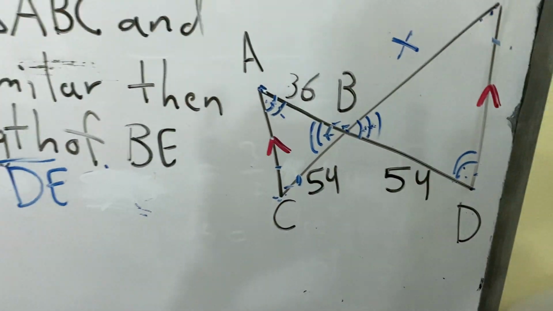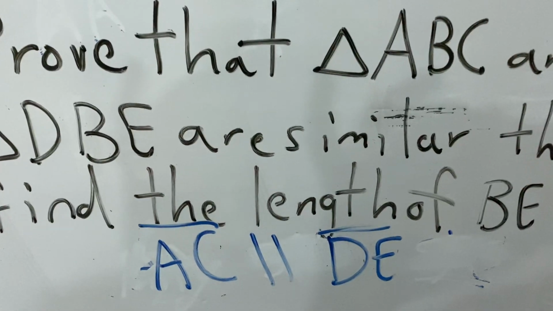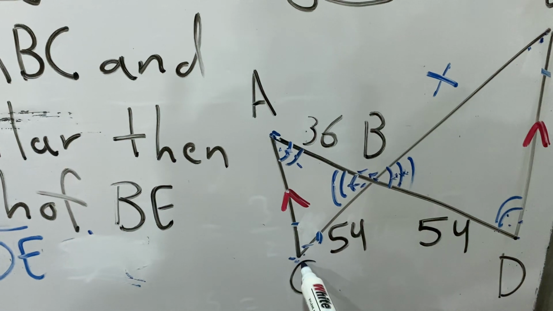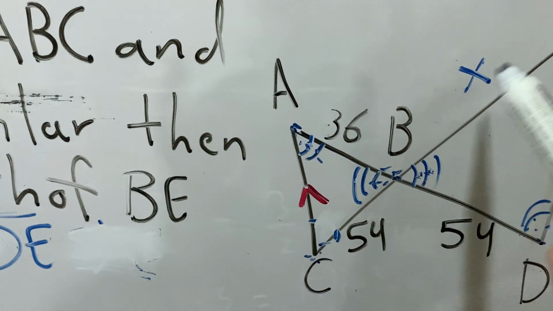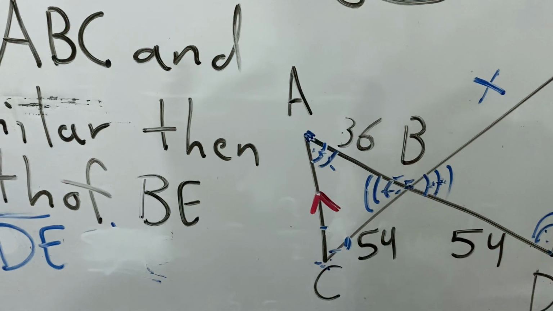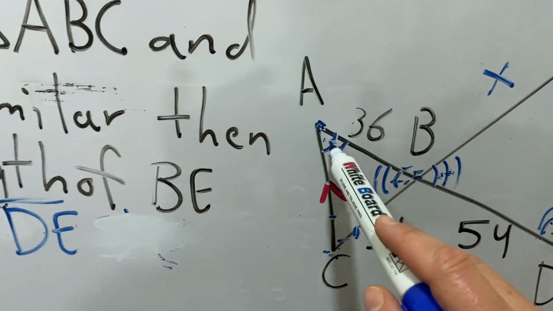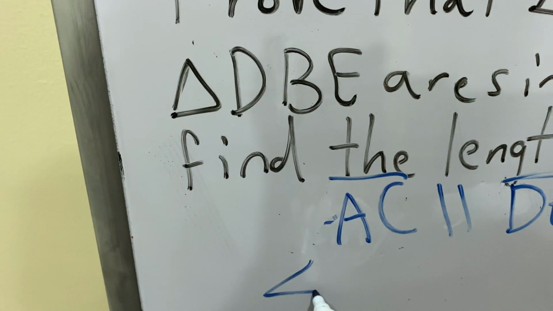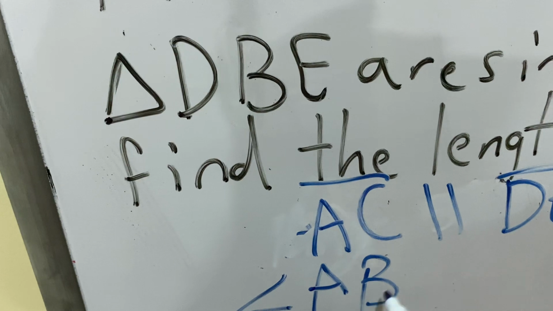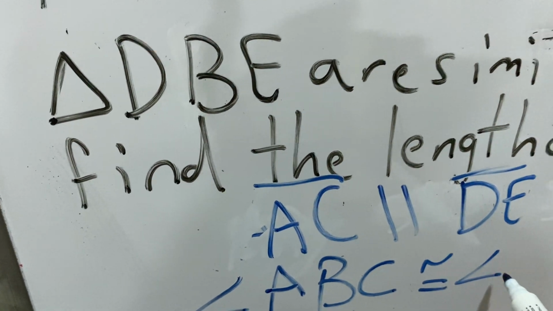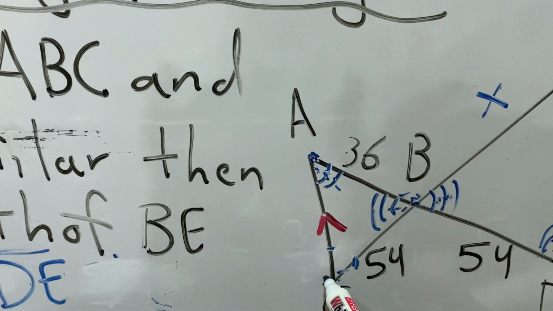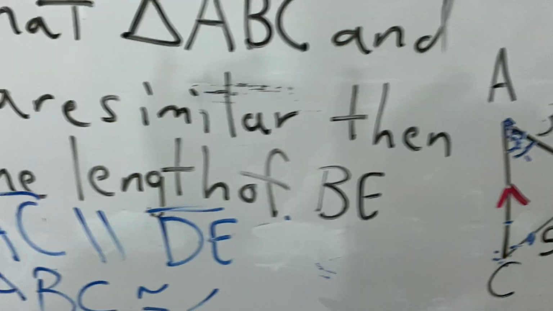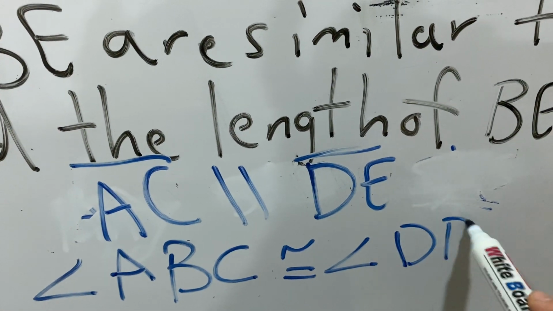Okay? Now, if I start writing, I will start by writing the vertical angles that I said now. Angle ABC congruent to angle DBE. And why did I start first from A and then the second one I started from D? Because if I start from A, I have to start from D because A is congruent to D. So I will say angle ABC congruent to angle DBE.